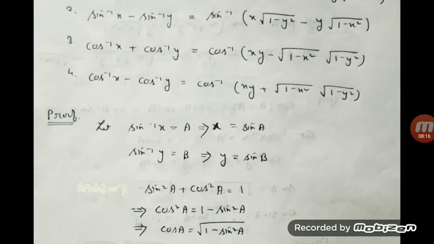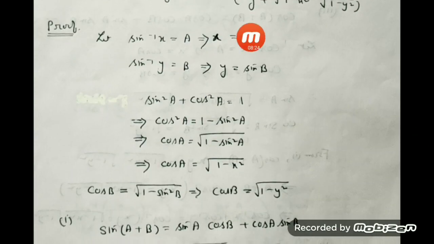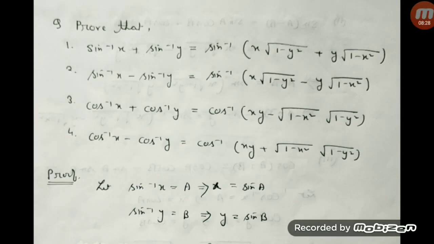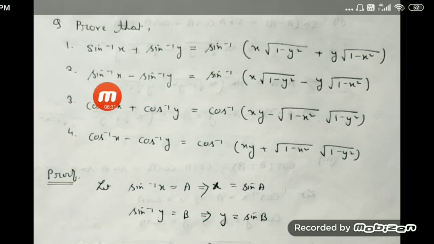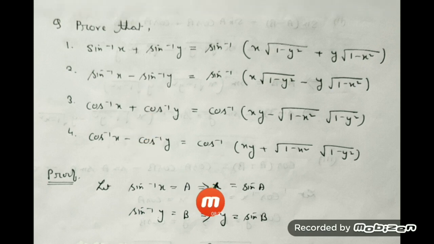So you see, in the next question, on the left side, I have substituted this as A and B, that's why I am writing all these things together. This portion is for both questions 1 and 2. Here also I have to give the name of the function: sin inverse of x is equal to A, and this is B. As earlier, that gives you x equal to sin A and y equal to sin B. Okay, so as we know, this becomes A minus B. If I bring it to the left side, it becomes sin of A minus B.